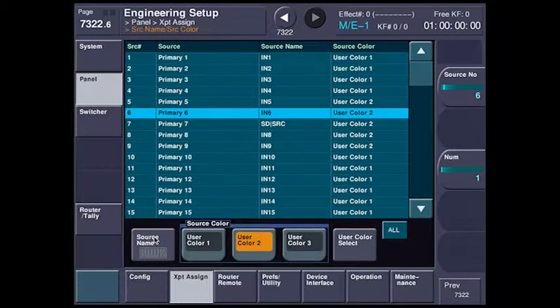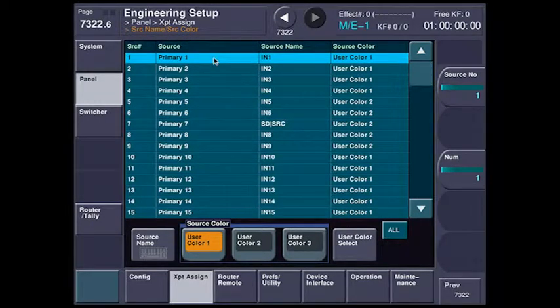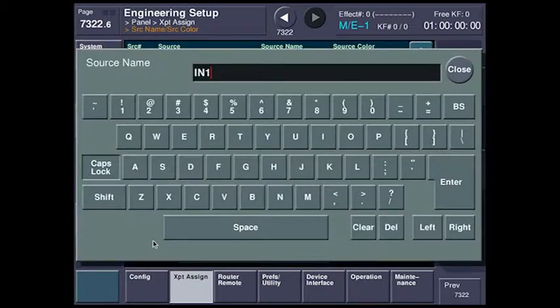So up here, what you're seeing is every one of the connectors. So if I hit the top button here with my finger, you're going to see source number 1. That literally means BNC input number 1 into the switcher. In1 is fine, but I kind of like a little more descriptive source name. So I'm going to select source name, and I happen to know this is an XDCAM deck, so I'm going